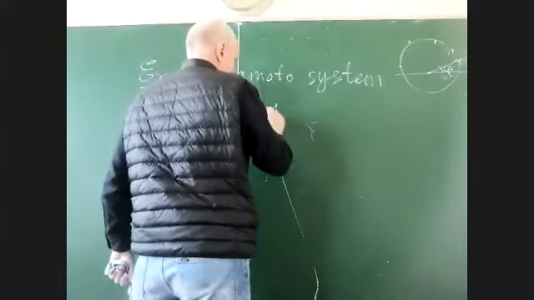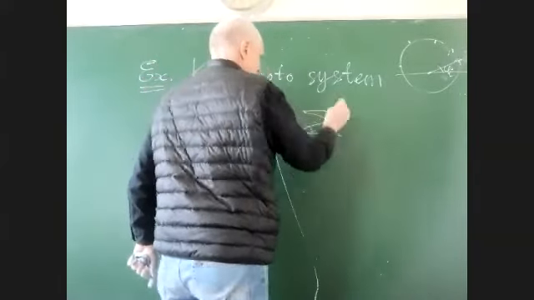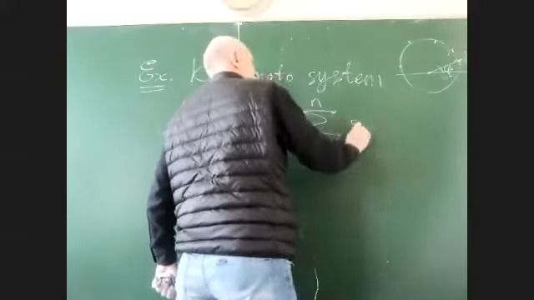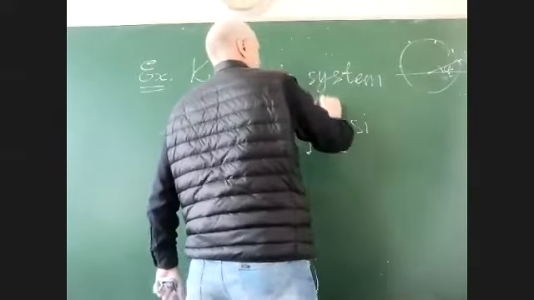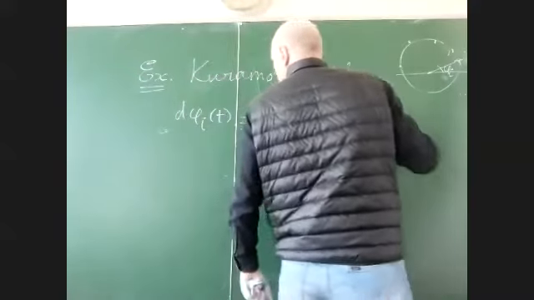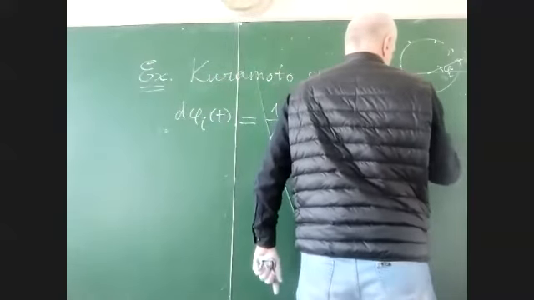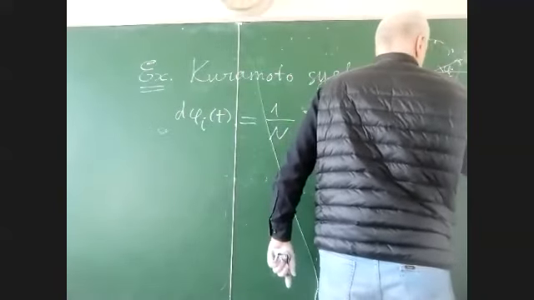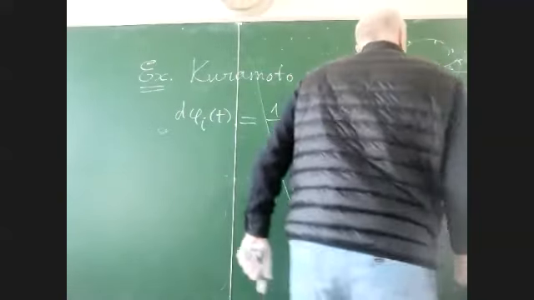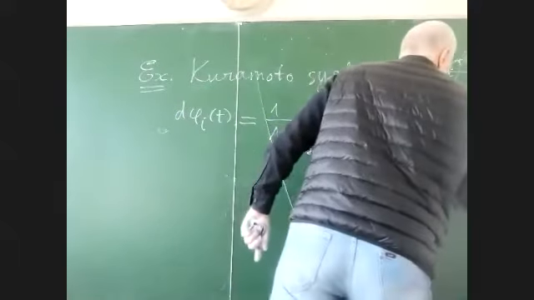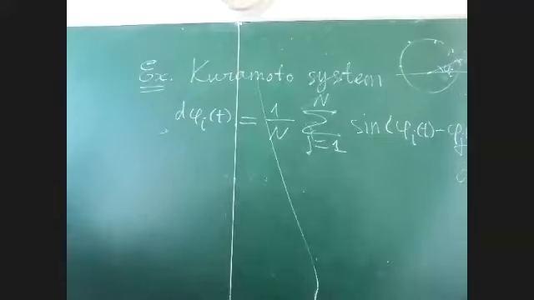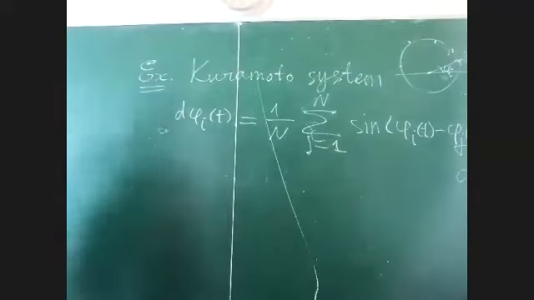It is equal to 1 over n, sum over j from 1 to n, of sine of phi_j(t) minus phi_i(t), dt. So you see that this Kuramoto system is a classical system